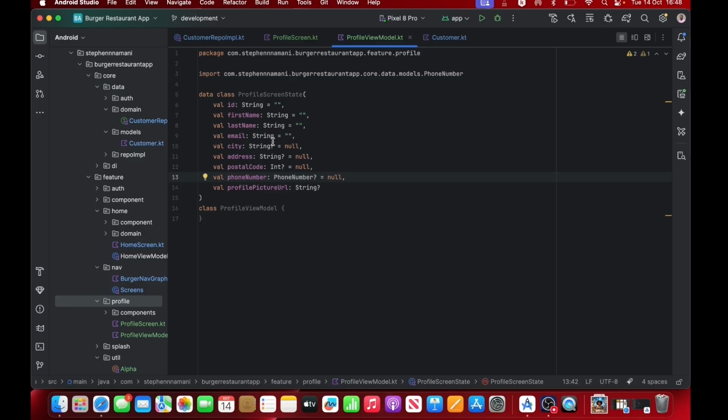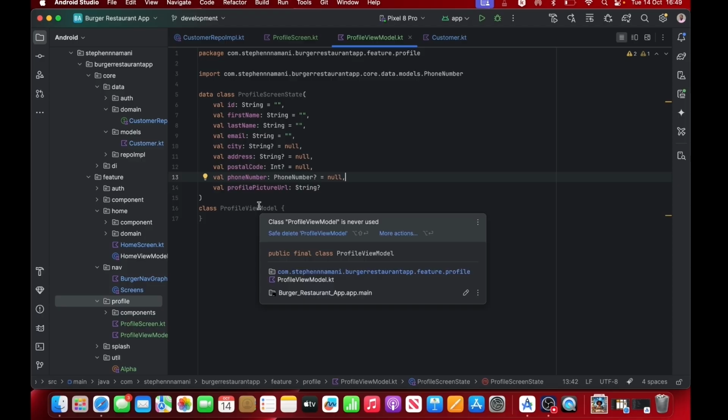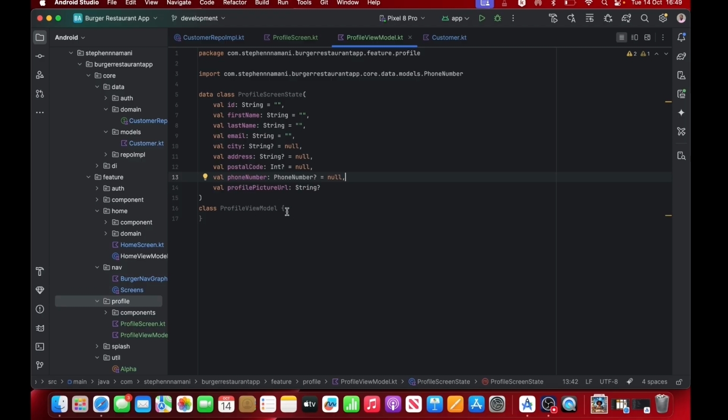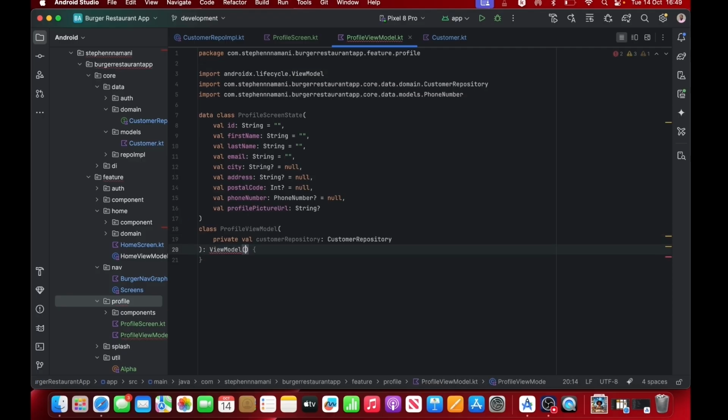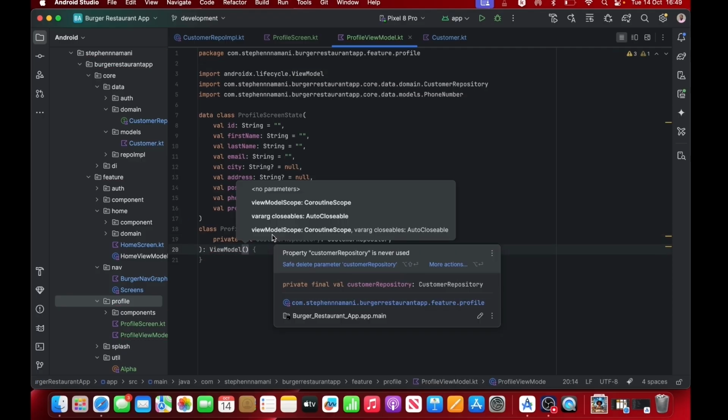Okay, so right here, this is our profile screen state. Then after our profile screen state, let's call our customer repository as the parameter for our view model, private val. Make that private so that you can't access it from other parts of our app, for security reasons. And this will inherit from the view model like this. Okay, so with that done now,